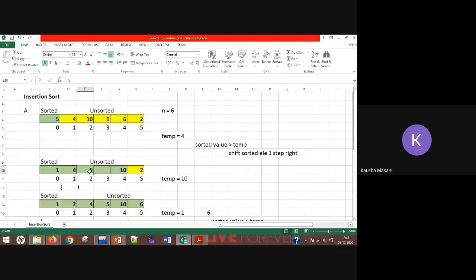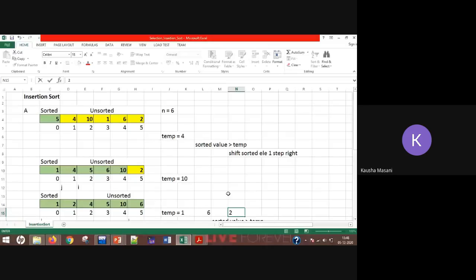अब नेक्स्ट टेम्प की वैल्यू हमने ली 6, ओके। अब can overwrite in place of 6, compare it with 10, then 6 is smaller, so what I need to do, 10 shifts right, ठीक है, ये जगह खाली। Now again 6 greater than 5, no। Then what you are going to do, you are going to place it here only, okay, there is no shifting, so यहाँ पे आपका आ गया 6, ठीक है।